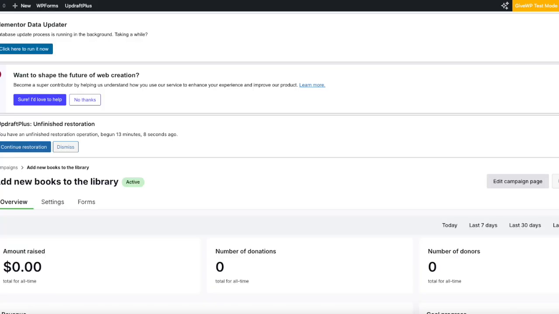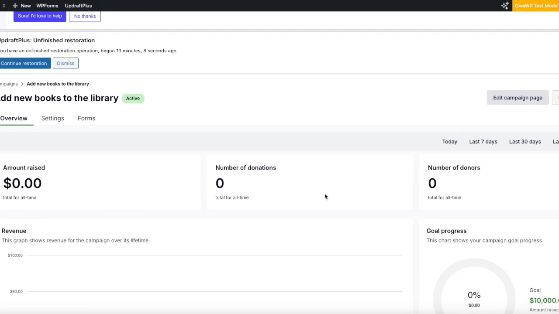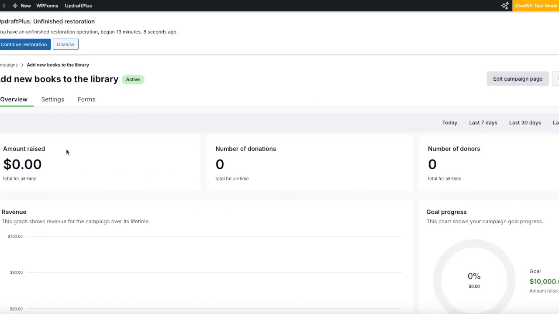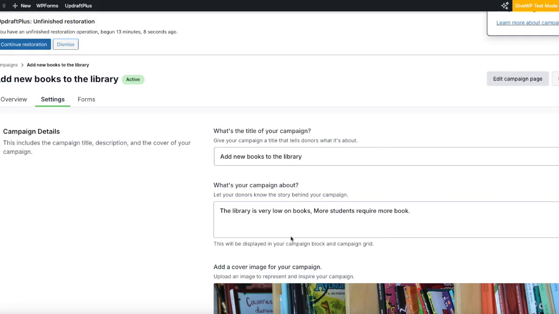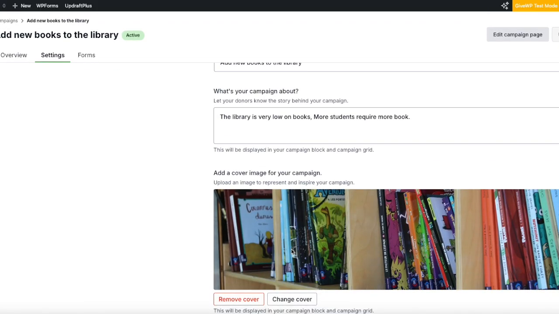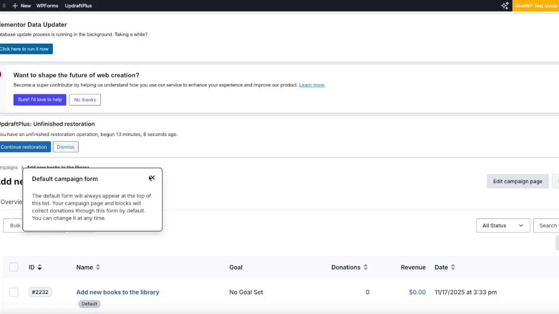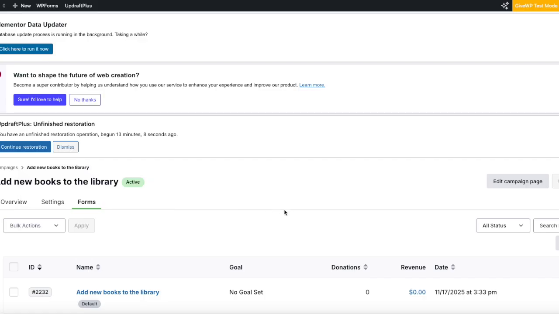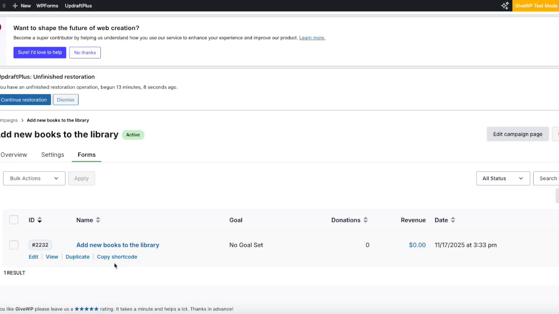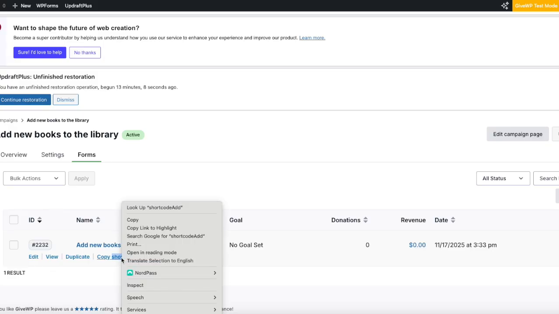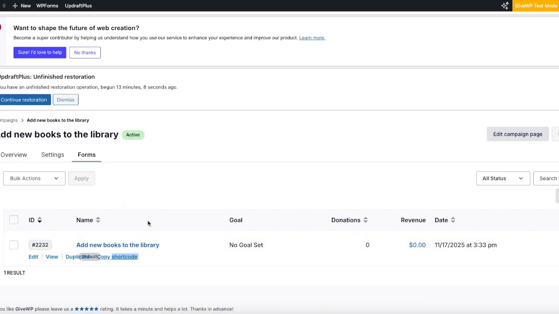If we go back to the campaign itself, here we can see that we've got settings, which is the same as what you just entered to create all this. You have forms as well. So on the forms, you actually have shortcodes that you can use to display on your front screen. So for instance, if we select this shortcode for now, if we copy that,